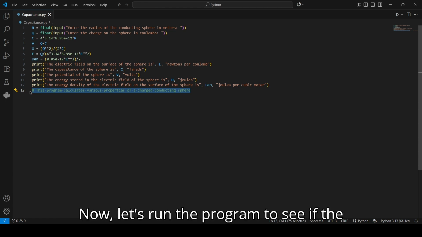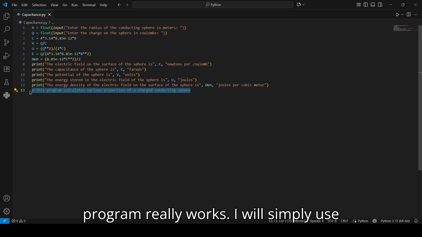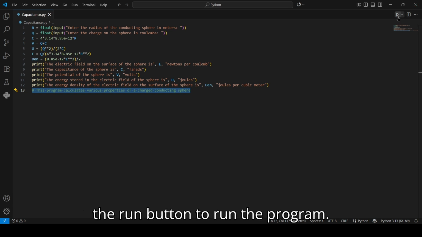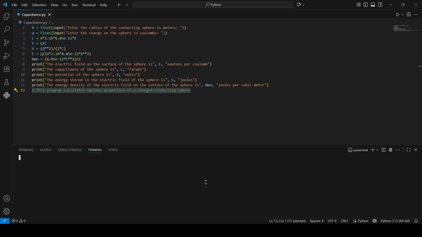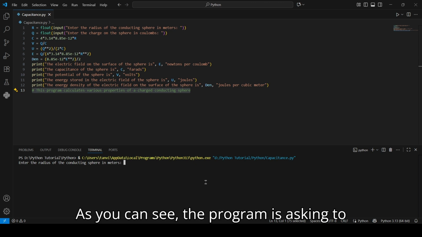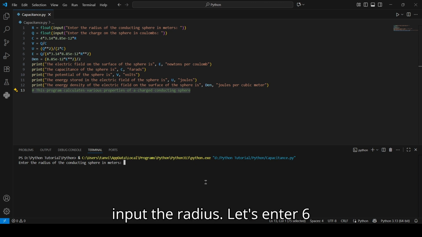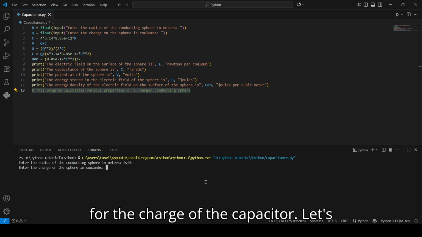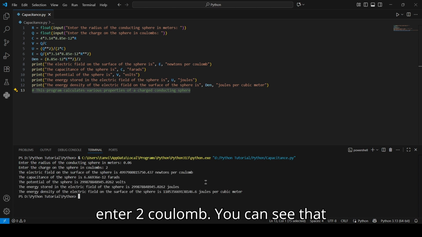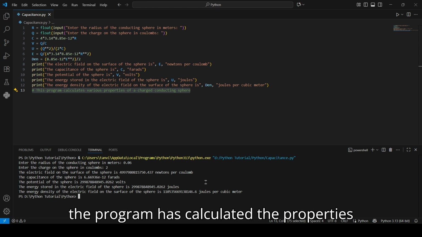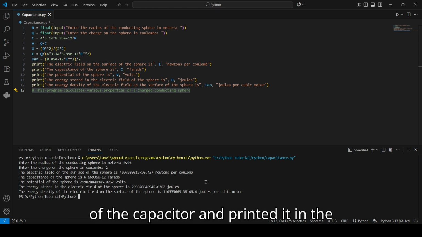Now, let's run the program to see if the program really works. I will simply use the run button to run the program. As you can see, the program is asking to input the radius. Let's enter 6 centimeter. That means 0.06 meters. Now, it is asking for the charge of the capacitor. Let's enter 2 coulomb. You can see that the program has calculated the properties of the capacitor and printed it